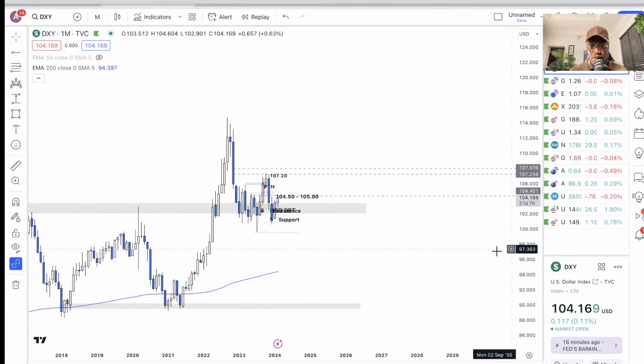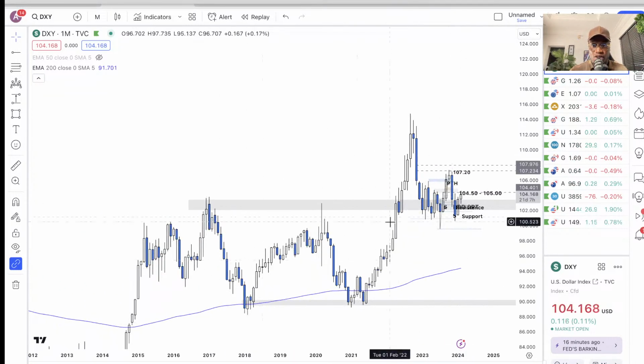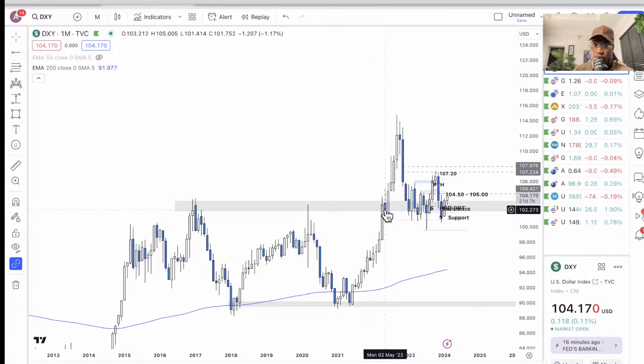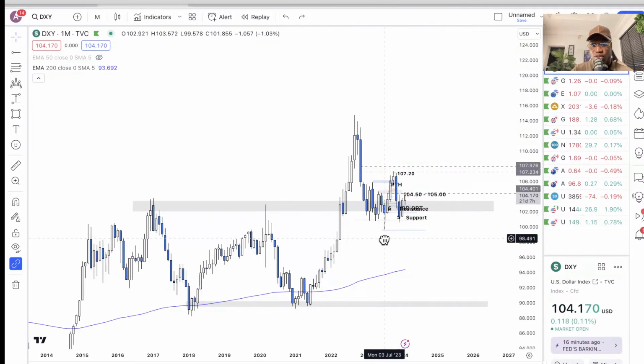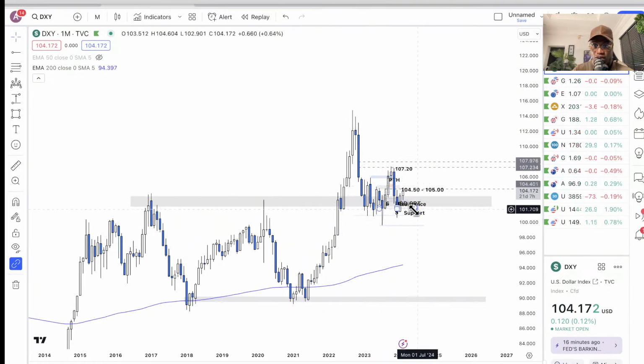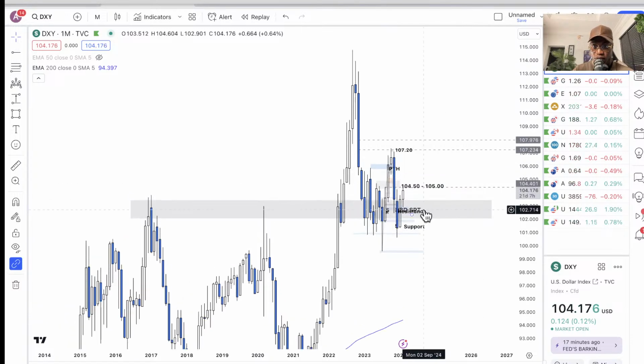And this is on the monthly time frame, so you can see that the dollar index is currently reacting to the significant key level that we mapped out from December 2016 with a retest in February 2020, tried to break out in April 2022, successfully broke out in June 2022, came back to make multiple retests, and it's just currently dancing around this area, as we can see.